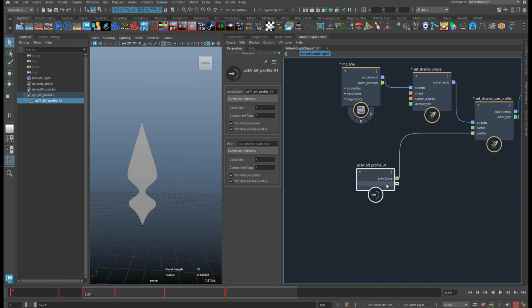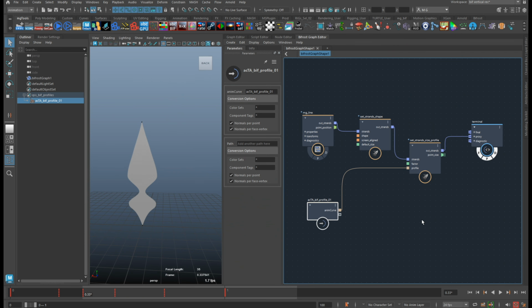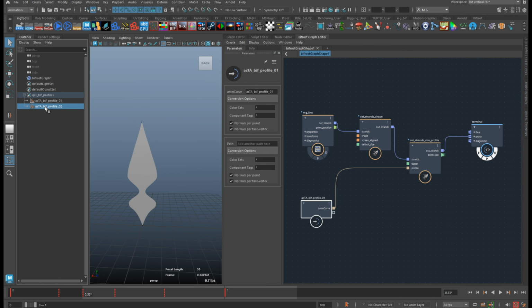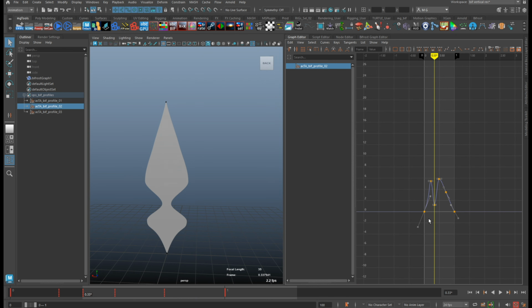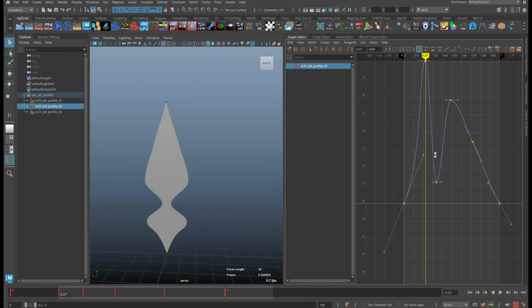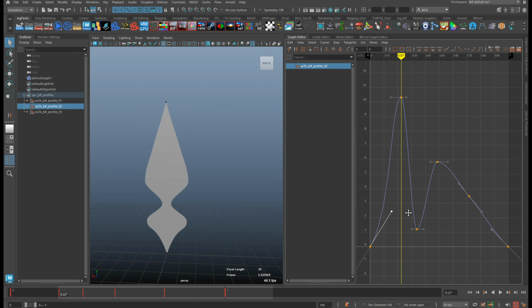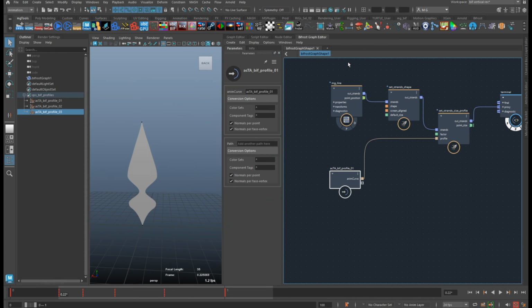We can now add more of them. So just with this selected, we're going to duplicate a couple of times. We'll go to the graph editor again, and with number 2 selected, we're going to maybe add a little bit more here. And then number 3, we're going to maybe move that up. Maybe a kind of spheric thingy. Go back here to the Bifrost graph editor, bring the profile 2, then the 3,